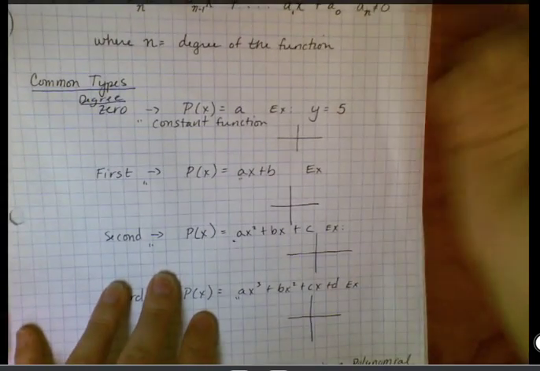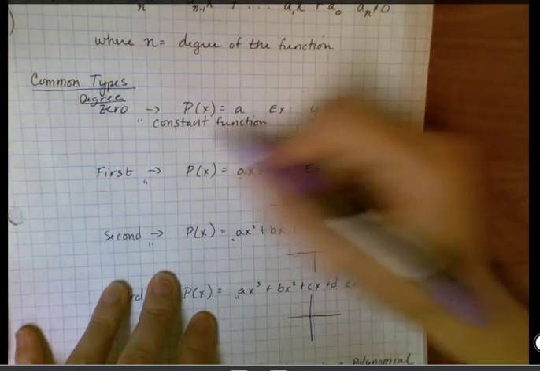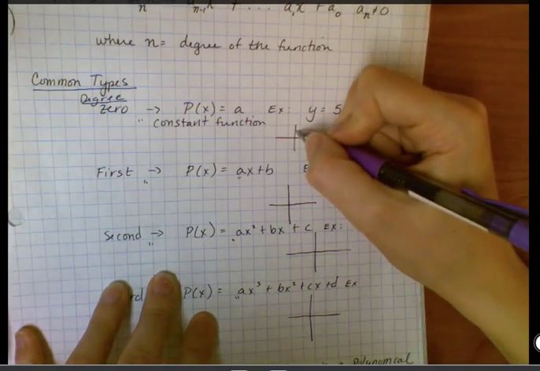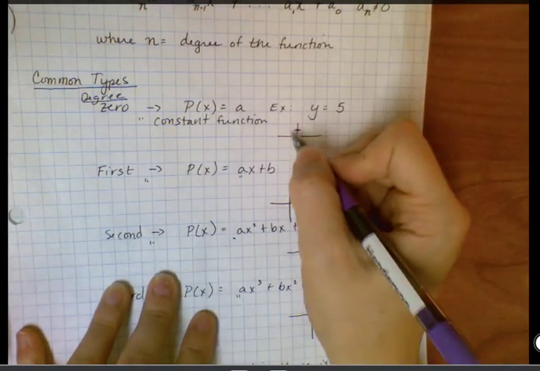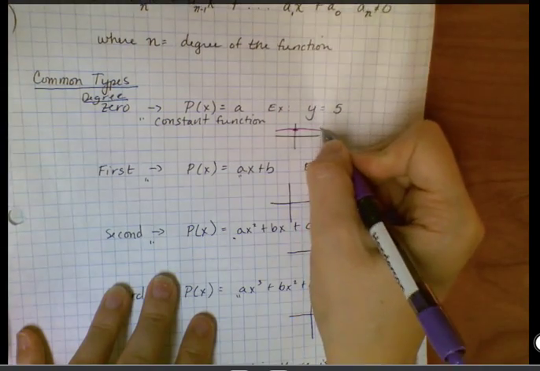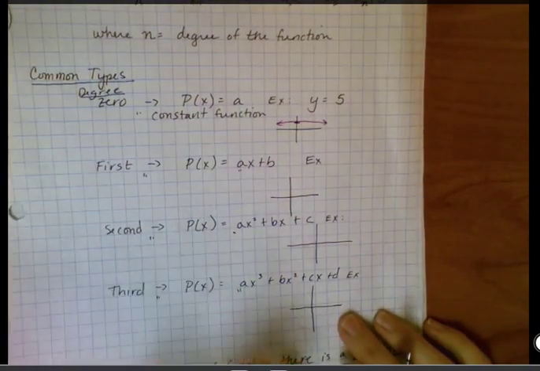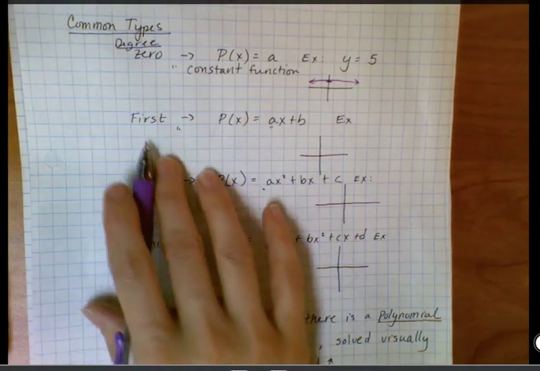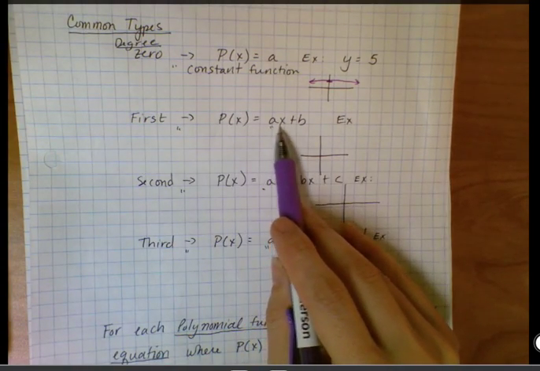So let's look at a few common types. So we have degree 0, which is called the constant function. And an example might be like y equals 5. So if this is 5, we would just have a flat line there, no slope at all at y equals 5. Then we might have a first degree function, which we've looked at in the past as mx plus b,